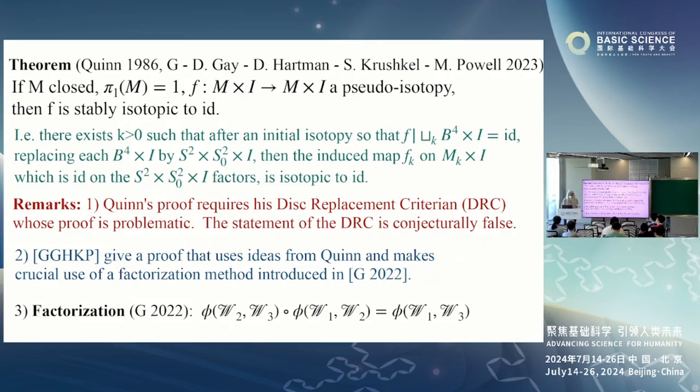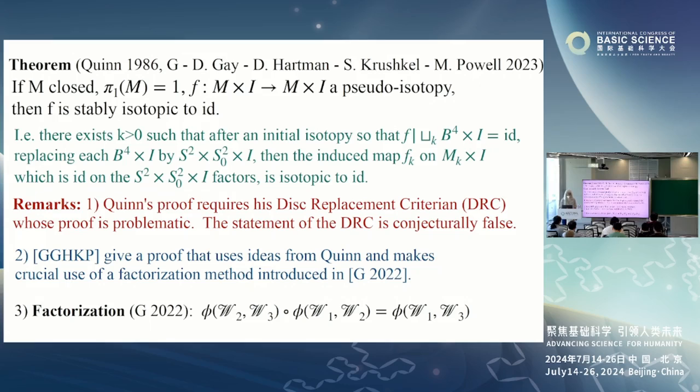So I mean, it's a beautiful theorem, but it suffers from the problem that a crucial lemma in the proof is simply problematic. And in fact, this crucial lemma, which is known as the disk replacement criterion, is probably false. I'd conjecture it's false. However, the good news is that we have this 5-person paper, myself, David Gabai, Daniel Hartman, Slava